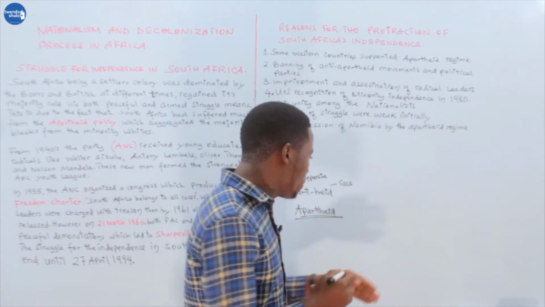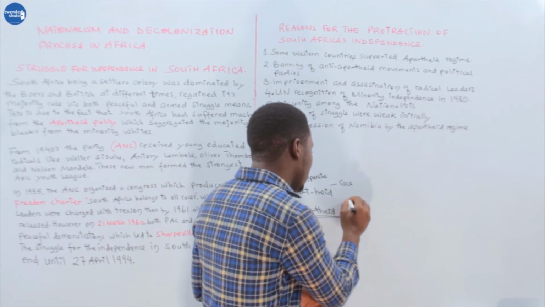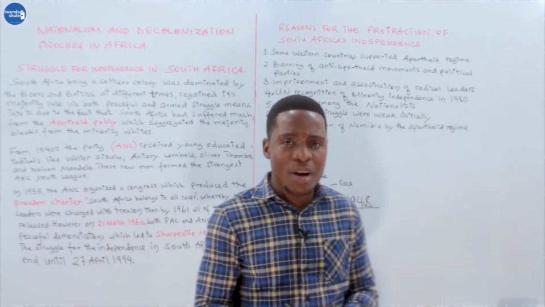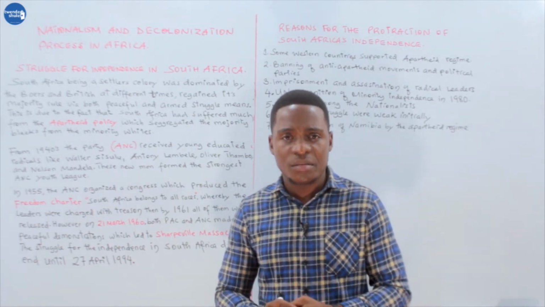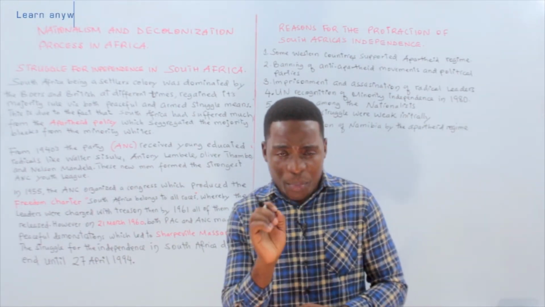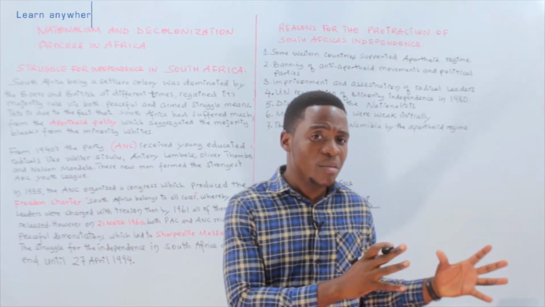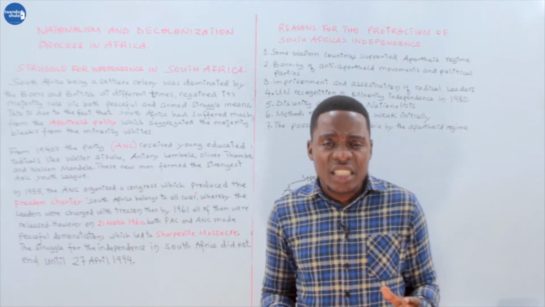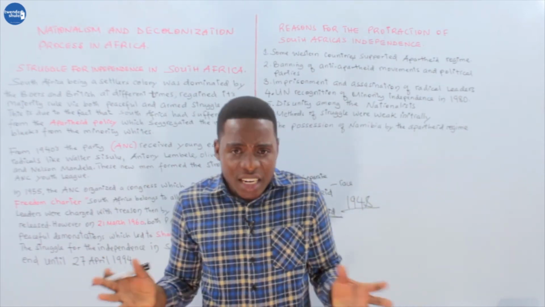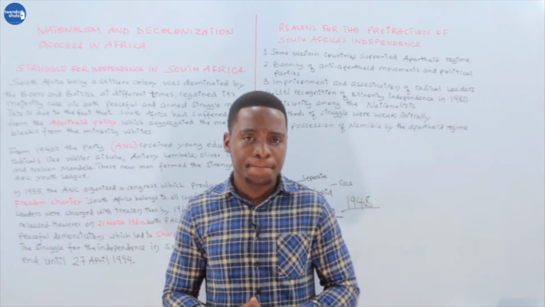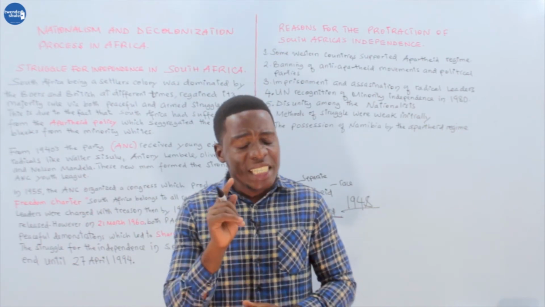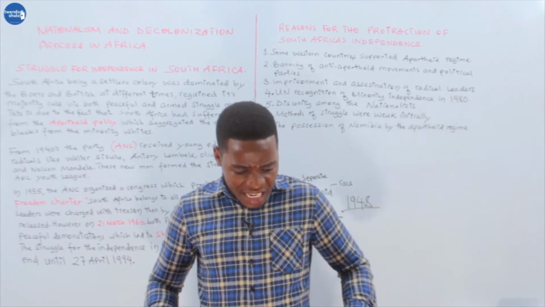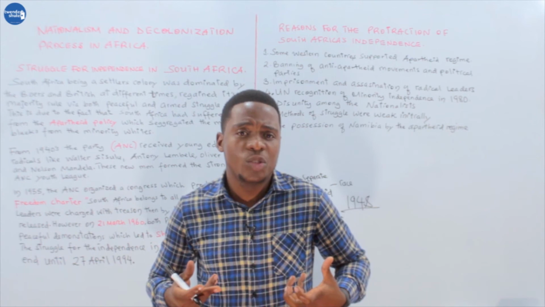So they introduced this policy after 1948, when the government of President De Malan won the election. So the apartheid policy, racial segregation, started before, specifically around 1920. But it was institutionalized, became an institution, from 1948. Now what happened in South Africa was the increase of the desire to have freedom.